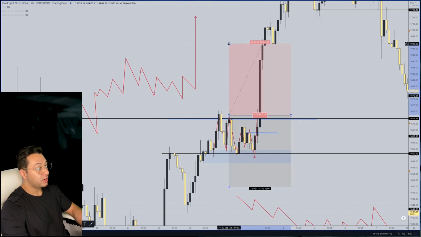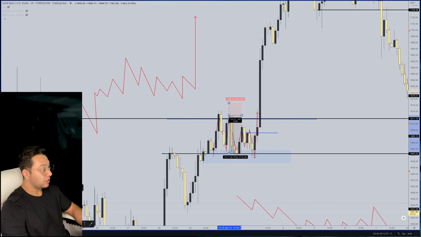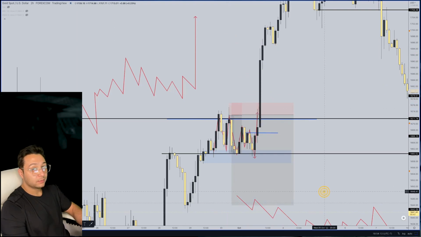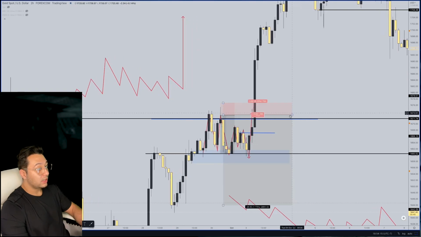Sellers would have jumped in right here expecting this to be the top, and their take profit would probably have been this point here. Then maybe they're targeting the lows as well, which should be down here. Okay, so next,